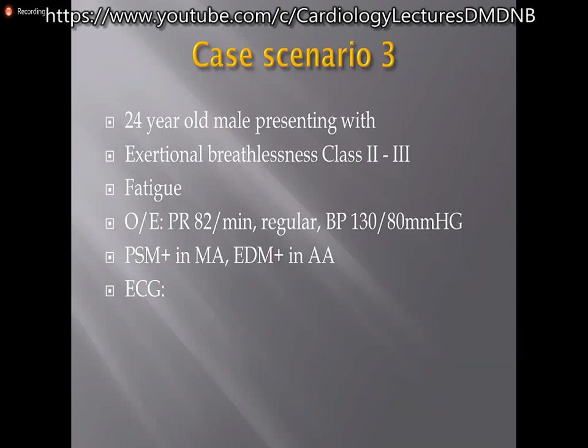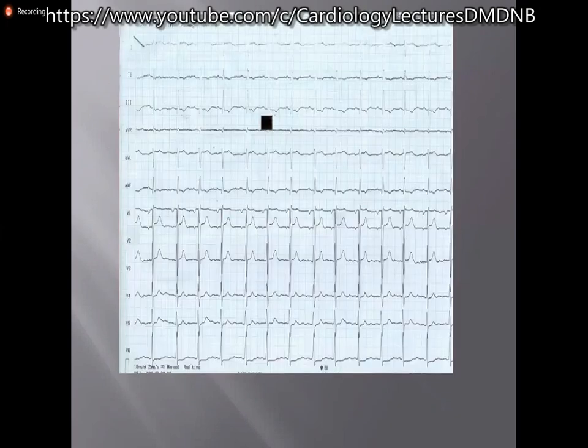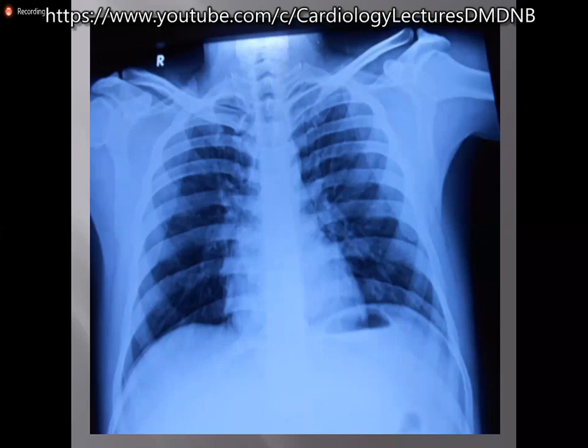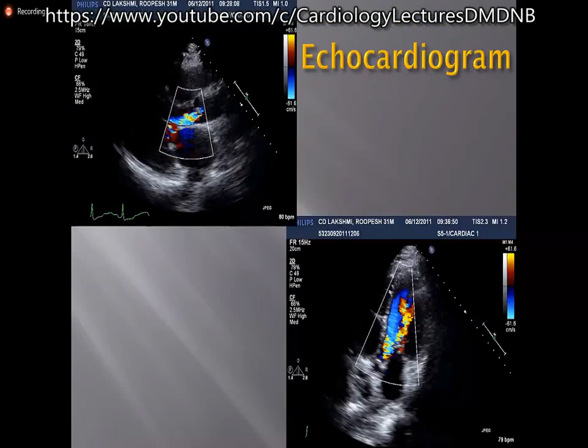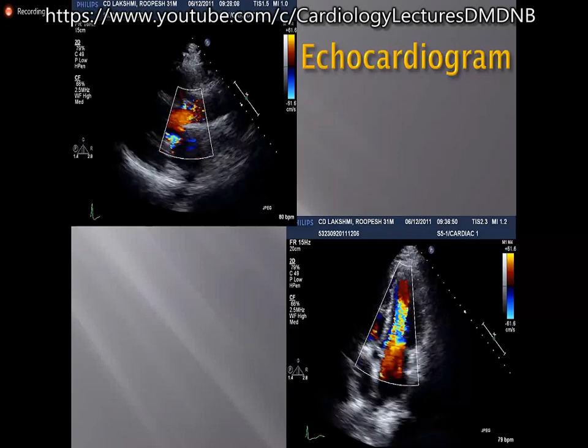And this patient was evaluated. Double evaluation is important. Always you should see whether the clinical symptoms are matching with the clinical findings, matching with the ECG, X-ray, and echo. ECG was unremarkable. There was no cardiomegaly, no pulmonary venous hypertension. Look at this. Patient has got just mild